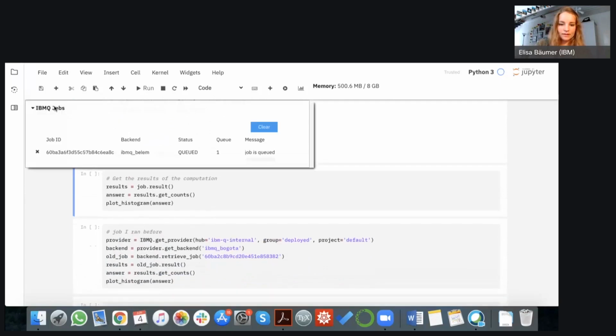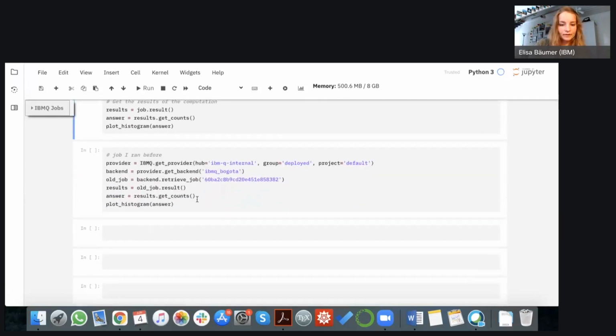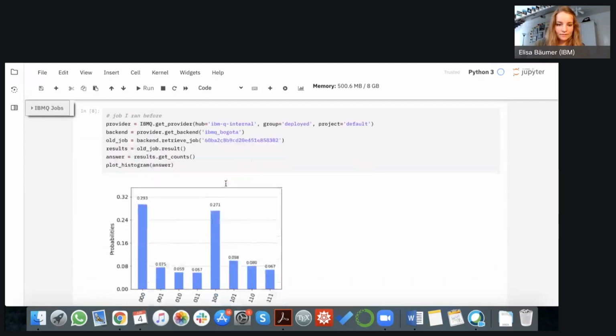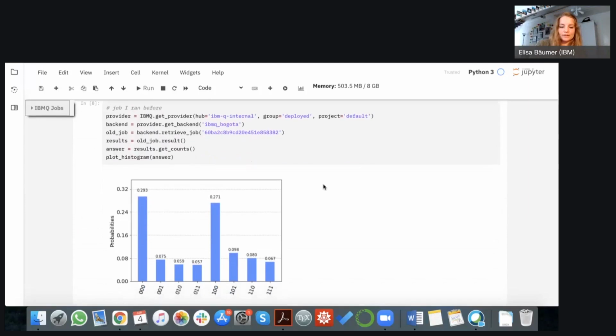And we can see it's queued, but I've actually already run it before. That was on the Bogota device earlier today. So let me show you the answer here. In this case, we also had 2 marked elements, and the 2 marked elements were actually 0 and 4. And you can indeed clearly identify them.